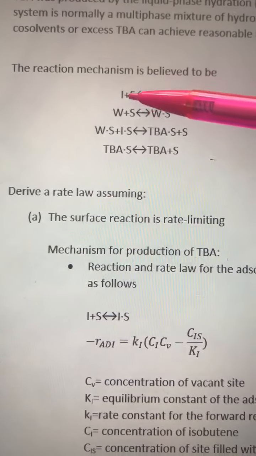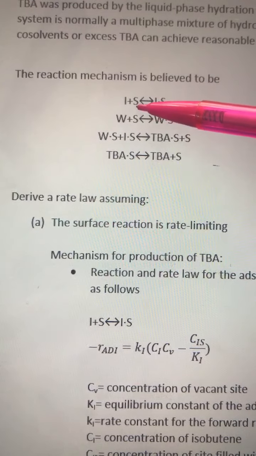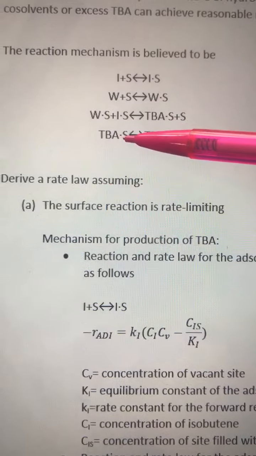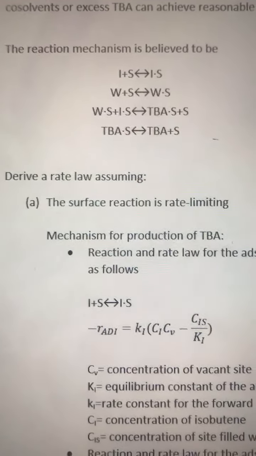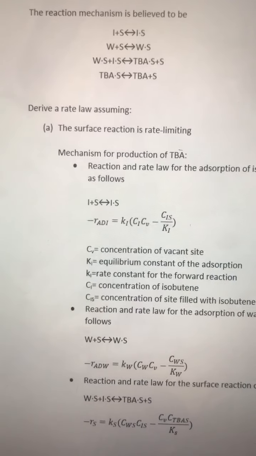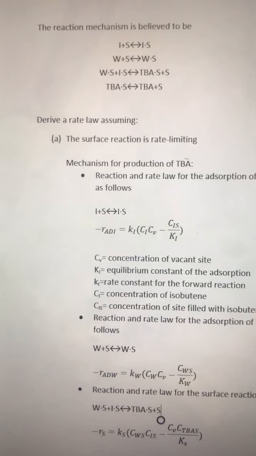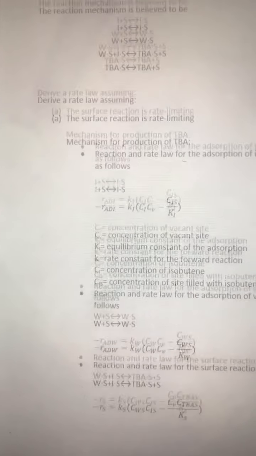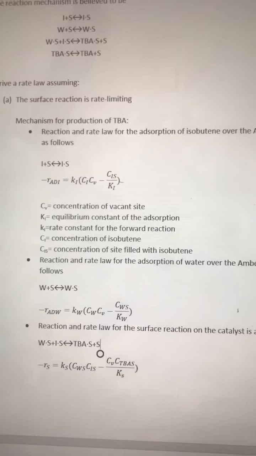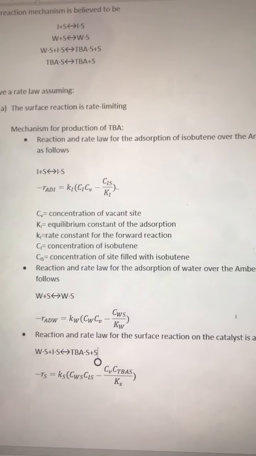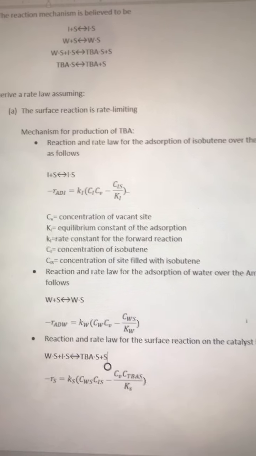Again, the I stands for isobutene, S is the solid or surface catalyst, W is water, and then TBA is our tert-butyl alcohol. So we're going to be doing part A, and that asks us to derive a rate law, assuming that the surface reaction is rate limiting. So we're going to start off by looking at the mechanism for production of TBA and writing the rate law for each